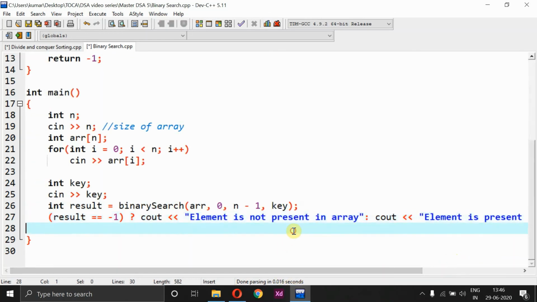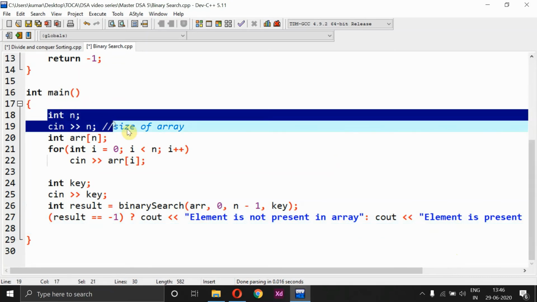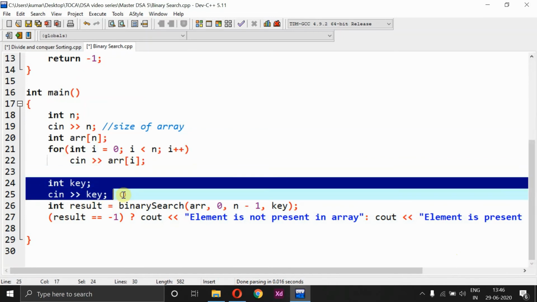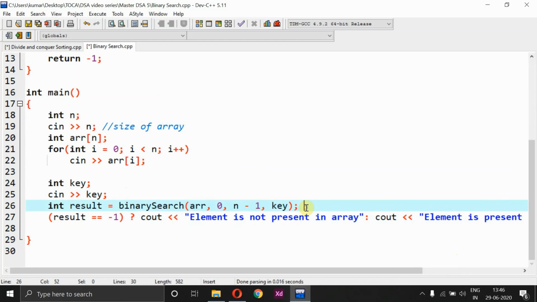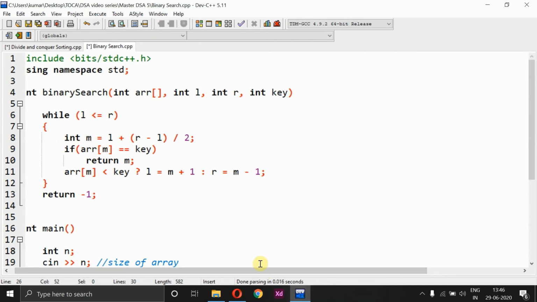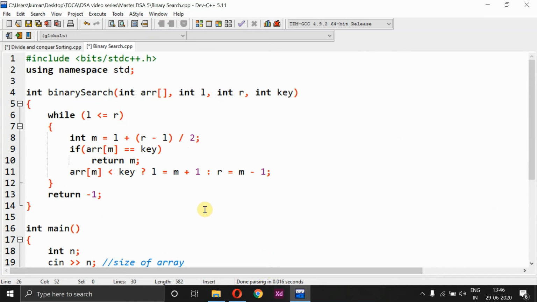So this is how your program logic is going to work, and I'll repeat one more time for the main method alone. Integer n represents the size of the array. Then in these three lines we are collecting the input for our array, followed by collecting the key element, and we are calling the binary search method, and after calling this method we are printing the final output. If it is present, it will show the index value, else it will say it is not present in our array. Now let's see what is exactly given in our binary search method. Here, instead of using recursion, I have preferred a loop so that the time complexity can be reduced, and hope you are already aware of the time complexity for binary search.